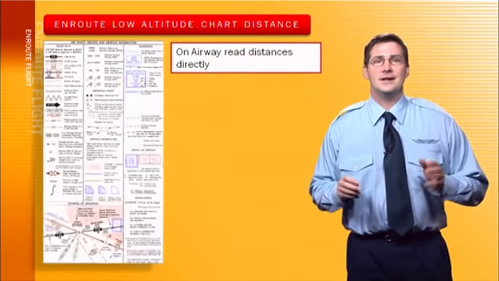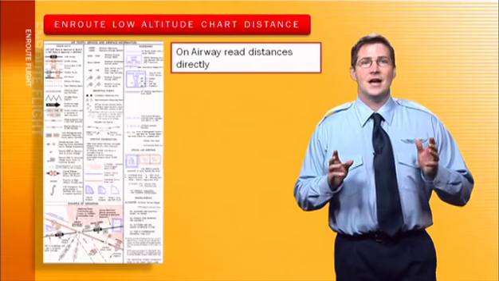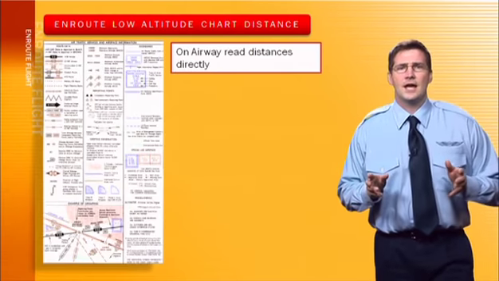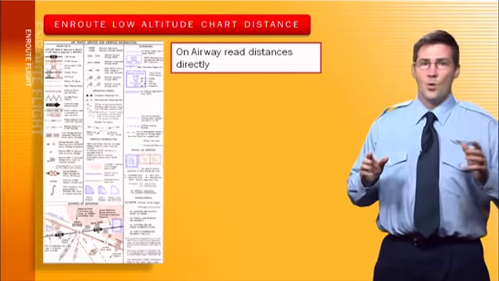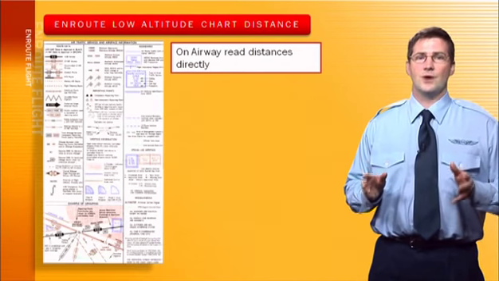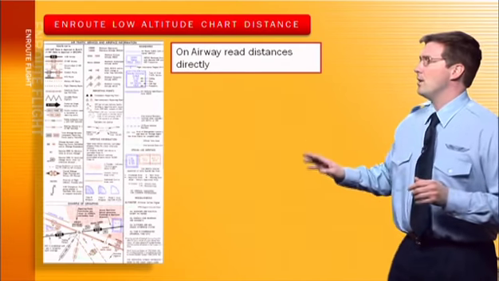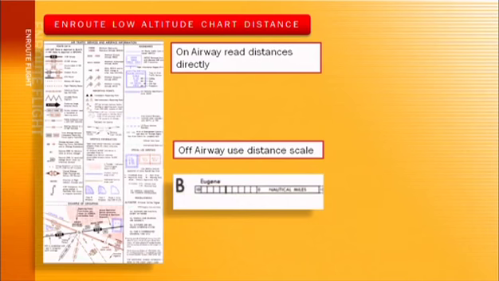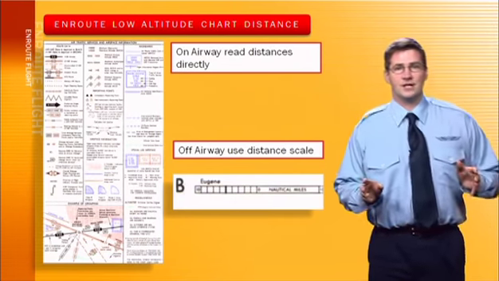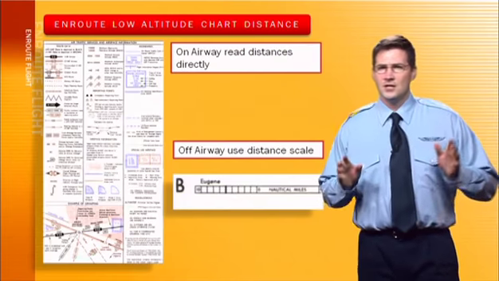Now let's talk about distances on airways. Now distances are shown along each airway and are measured in nautical miles. While you're flying on an airway, you can directly read the distances. Now when you are off airways, use the scale provided on the bottom of the low altitude chart or a plotter made for IFR plotting. Now the VFR and WAC scales are different and will not work on IFR charts, so don't try and use